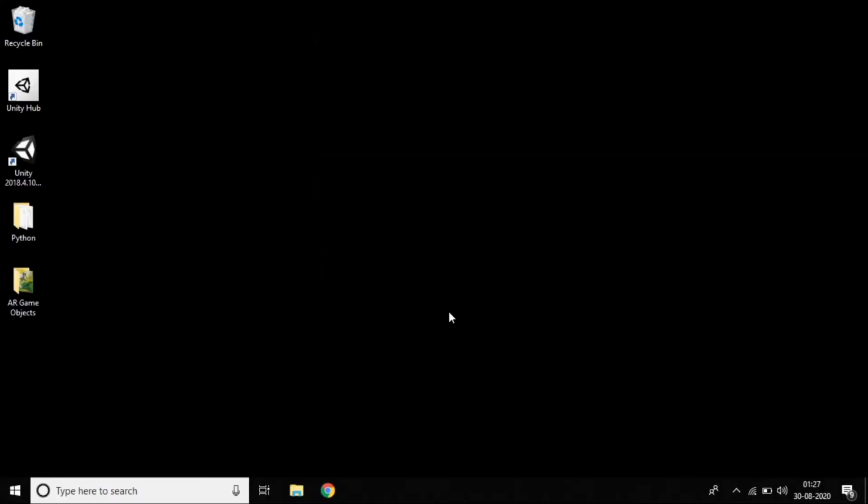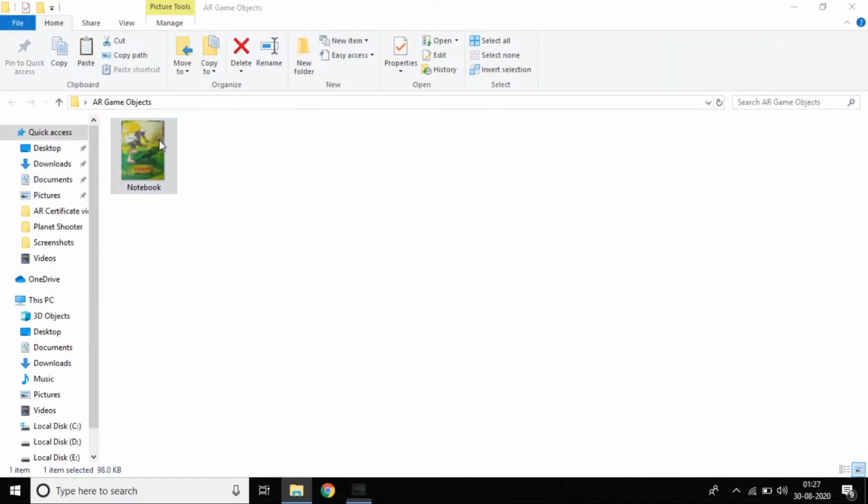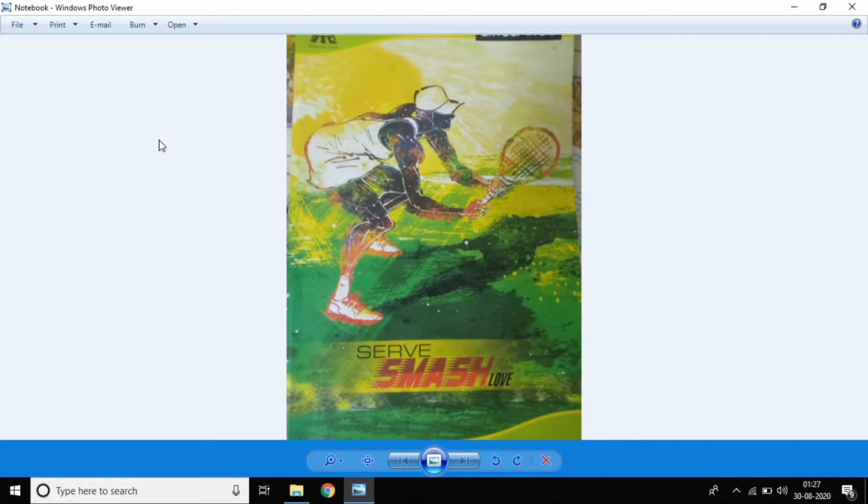In this video I want to show AR game objects. What is meant by AR game objects? If I scan any target image, I want to get 3D game objects which should rotate and be displayed as 3D game objects. So this is my scenario. To do that, I want to do something.